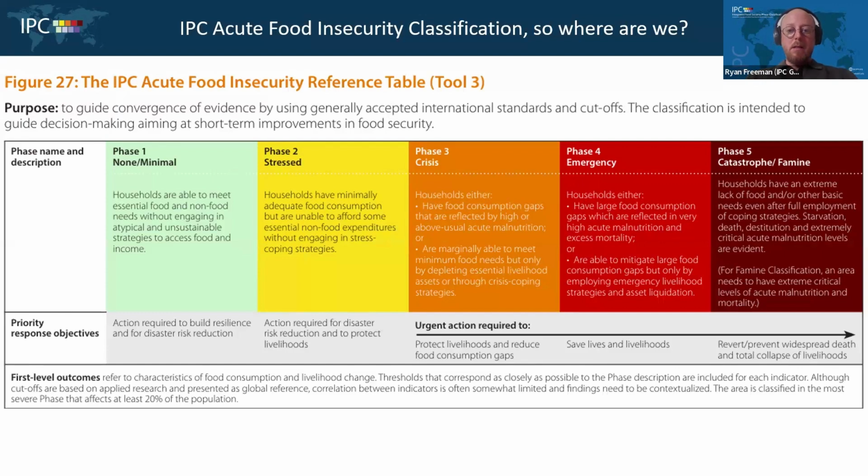And if this were a real analysis, we would have a far lengthier discussion on what IPC phase this would be, the justification of why it is in this particular phase, and we would have a concluding statement to explain to other analysts, decision makers, and operational partners why this area is in phase 3, and what are the key drivers that are really causing acute food insecurity. Is it an availability crisis? Is it an accessibility issue? Is it more about utilizing the food resource? Is it a utilization issue? Or is it all three?